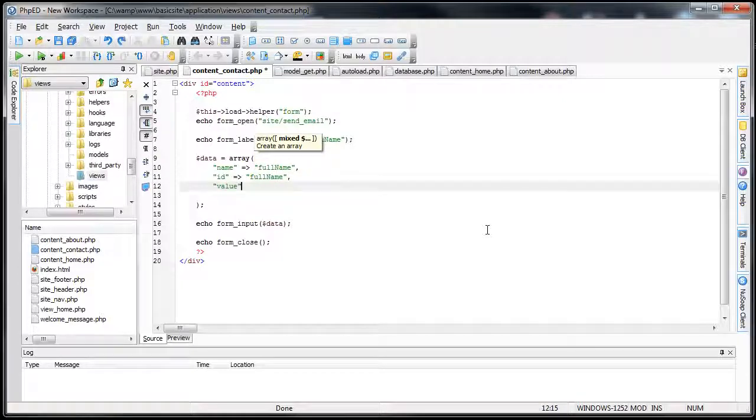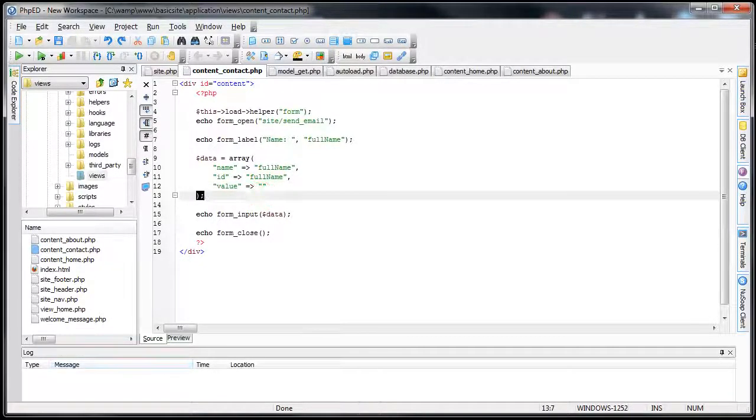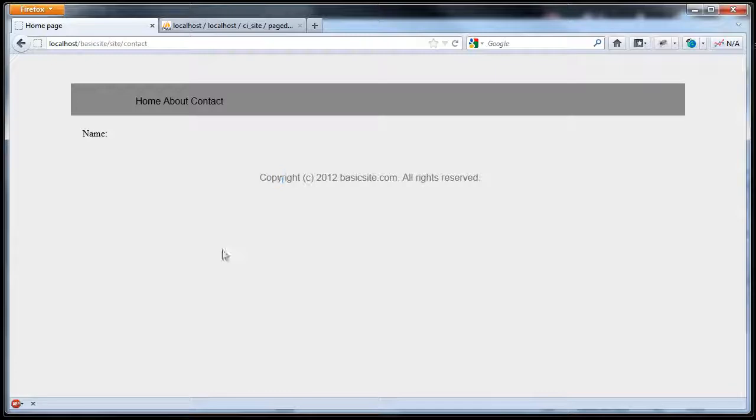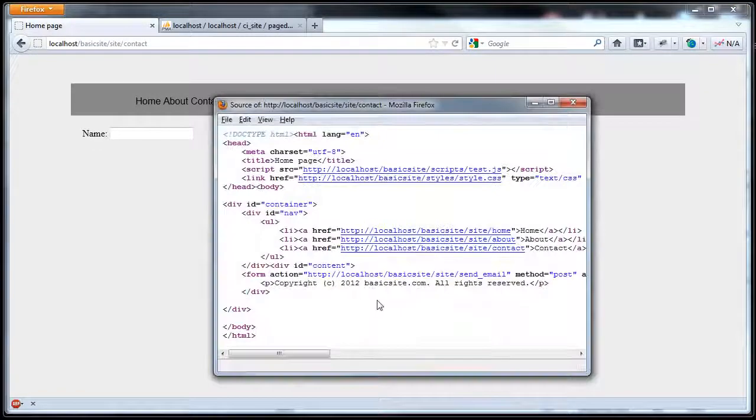And then the value. In this case, we're just going to leave this blank, but we will come back to this, and I'll show you how this is actually very useful. And we use another function with the form validation library, but we're not there yet. So now, if we refresh this or save it, and we'll go to our contact view, save it, and there we go. We actually have our input, and we'll check out the page source,